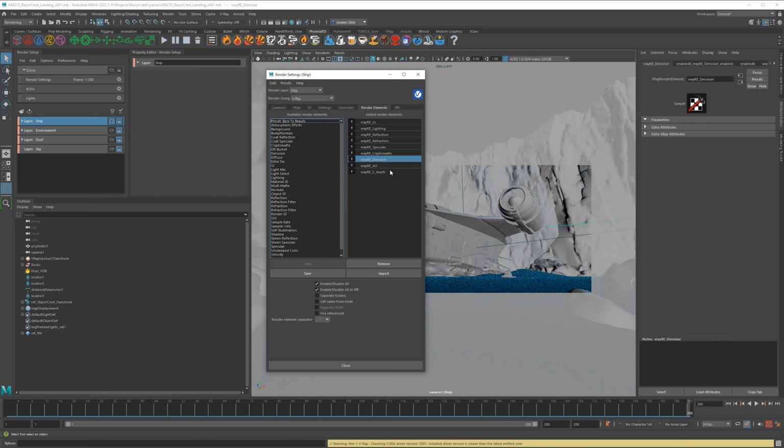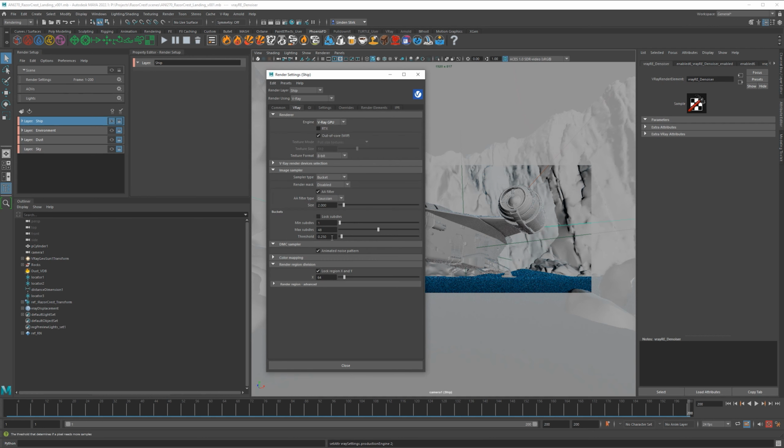I would still like these for the final. You will need to have denoising for the final submission unless you have a supercomputer and you don't need denoising at all. So you probably need that. So if you're on bucket mode, you could increase your threshold. This is a really, really high threshold. You have to have denoising with that. Otherwise, this is going to be way too grainy. If you're on progressive, just lower your max render time. You can also try to increase your noise threshold too.